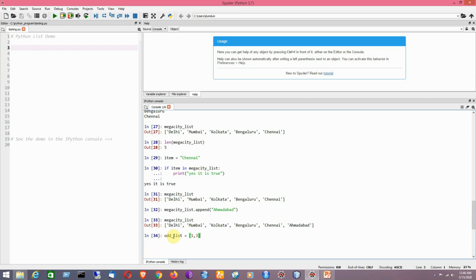Clear? So first I will demonstrate the use of append, then the use of extend. So now I'll be doing the append operation. Say for example, I am writing here append 5. That means the value will be added to the end of the odd underscore list. So now I would like to print it.